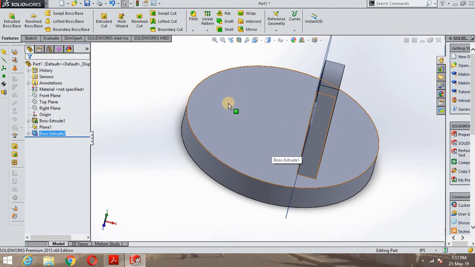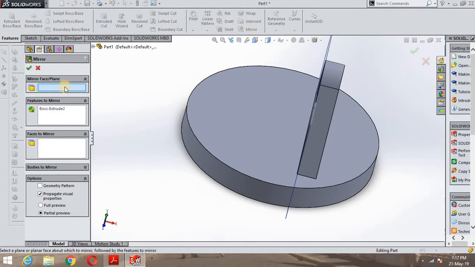Again you think like I need to draw. No, I won't draw, I will just mirror it. So we have various commands so you can mirror it. So you can see the mirror. I can mirror the face or the plane. So this whole body I need to, you know,